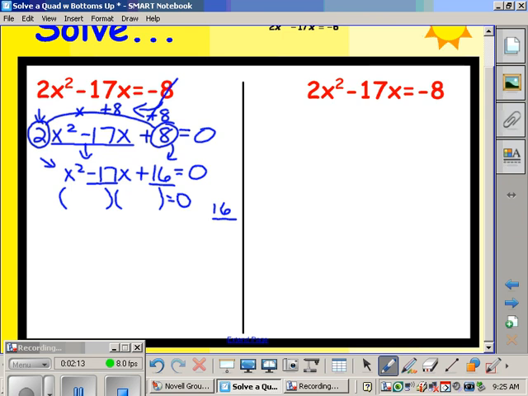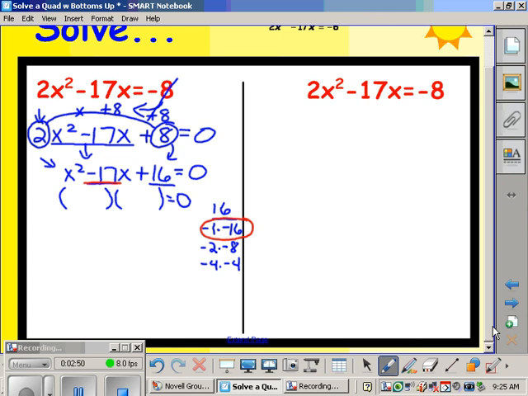Because the coefficient of x in the middle, the negative 17, is negative, when I list the factors of 16, I need to use negatives. So how can I get a positive 16 using negatives? Well, I can multiply negative 1 and negative 16, negative 2 and negative 8, and negative 4 and negative 4. Now I have to choose the two that have a sum of the middle term, negative 17. If you look at your three choices, the first choice, negative 1 and negative 16, if you add them together,